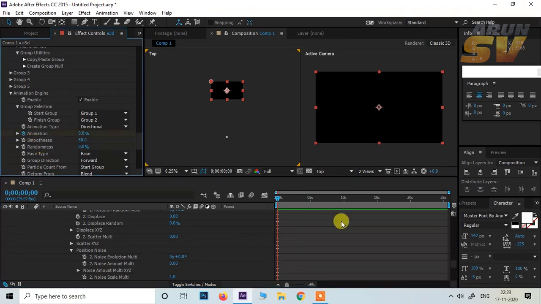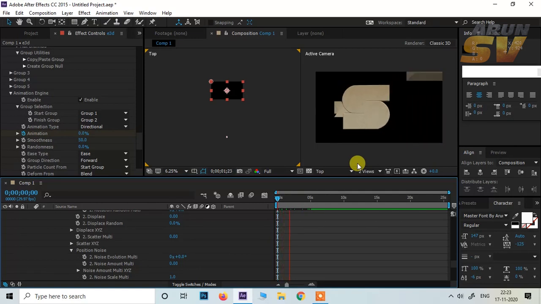So click the stopwatch in the animation, then after 5 seconds animate it to 100%. After 100% we can get the final group 2 result, like this. It transforms from group 1 to group 2